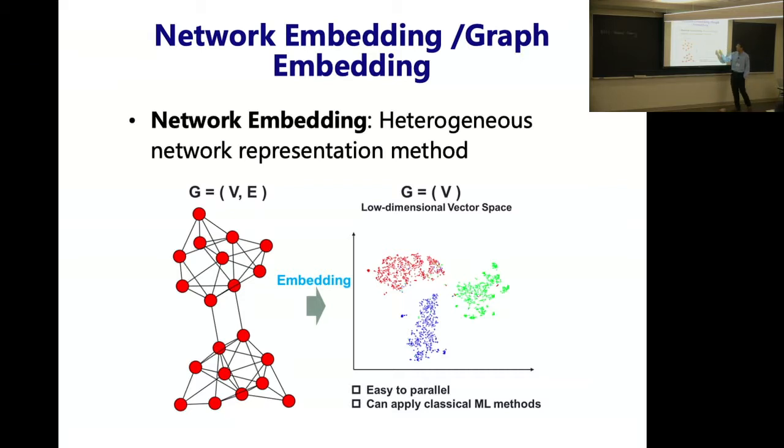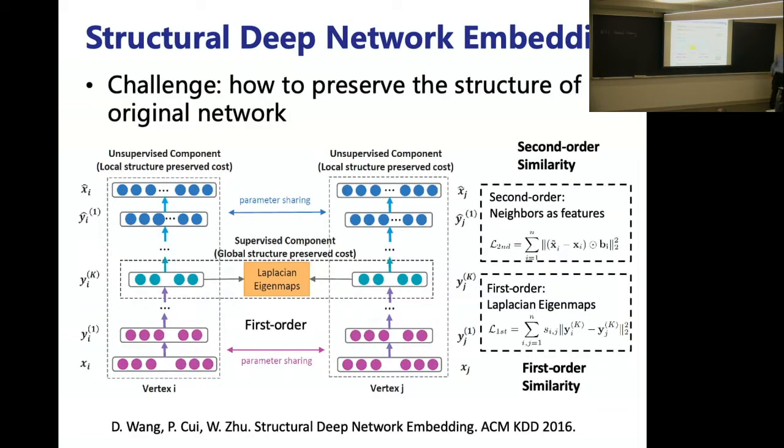But we need to do the best to lose as little information as possible. This is the whole thing, the embedding thing. You have the advantage of vectorizing the graph data, and another thing is how we keep the loss of data small. So basically, this is one approach. This is the first approach to present using a deep neural network to do this network embedding.